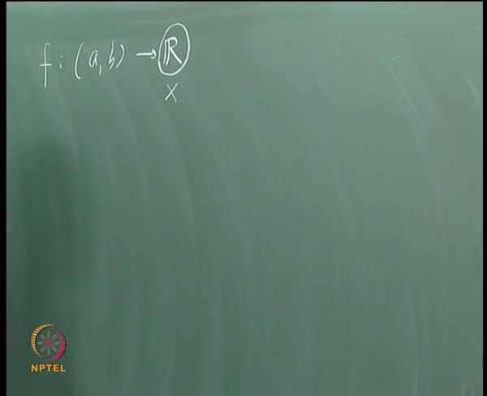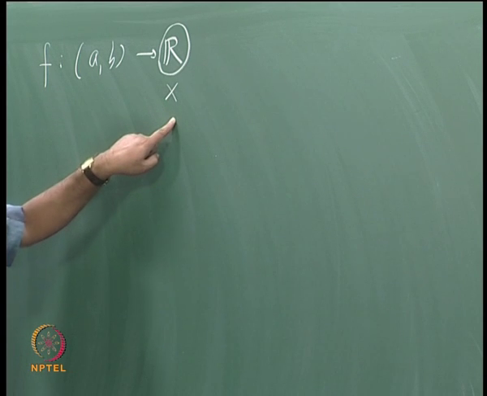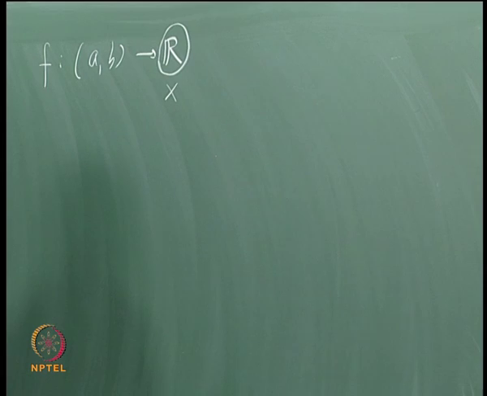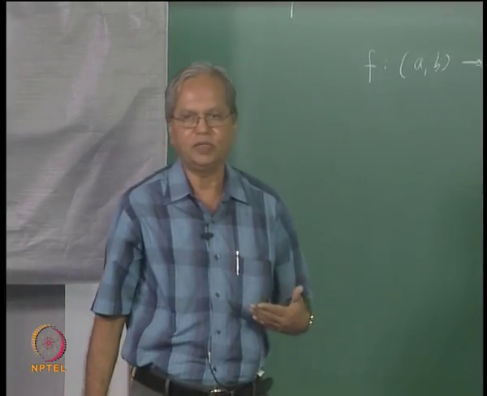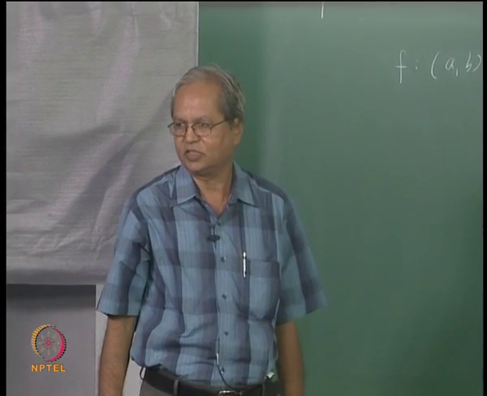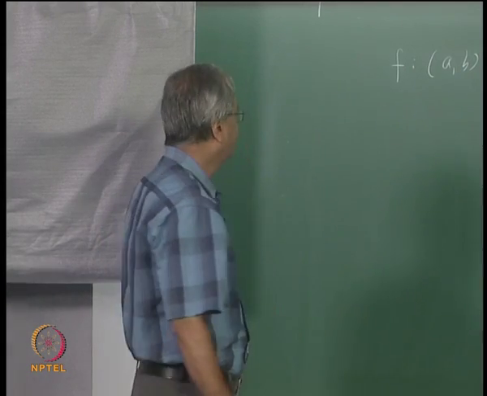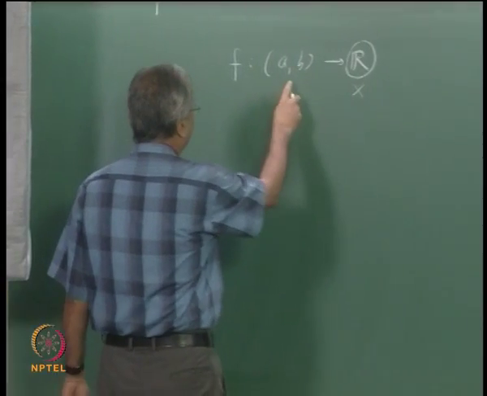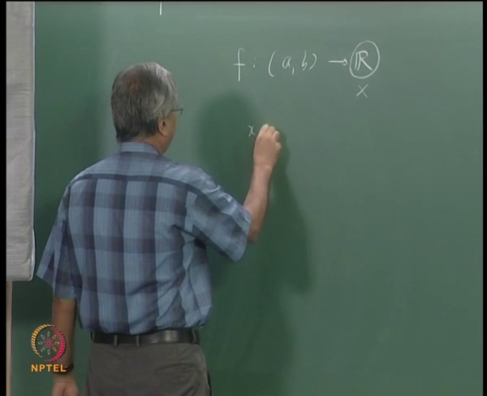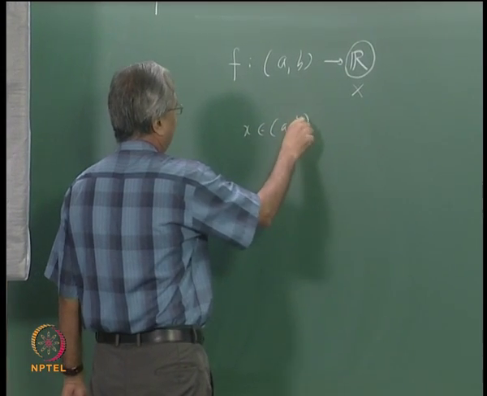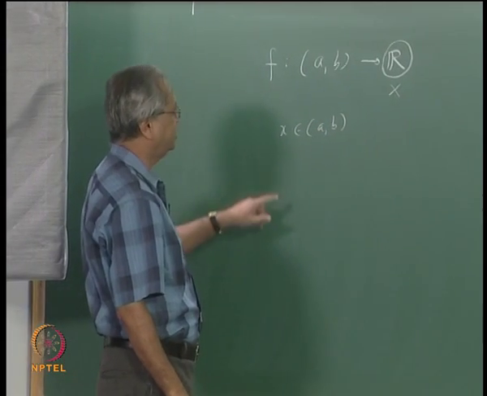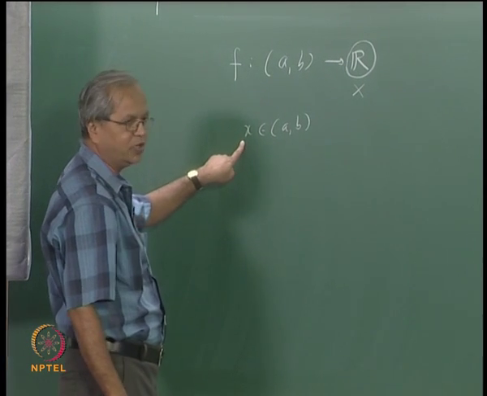So first of all, we would like to see what are the properties that are required for this codomain to satisfy, so as to make this whole concept of differentiability meaningful in that structure. So if you recall, suppose you take some x in (a,b). How do we, or when do we say that the function is differentiable at the point x?